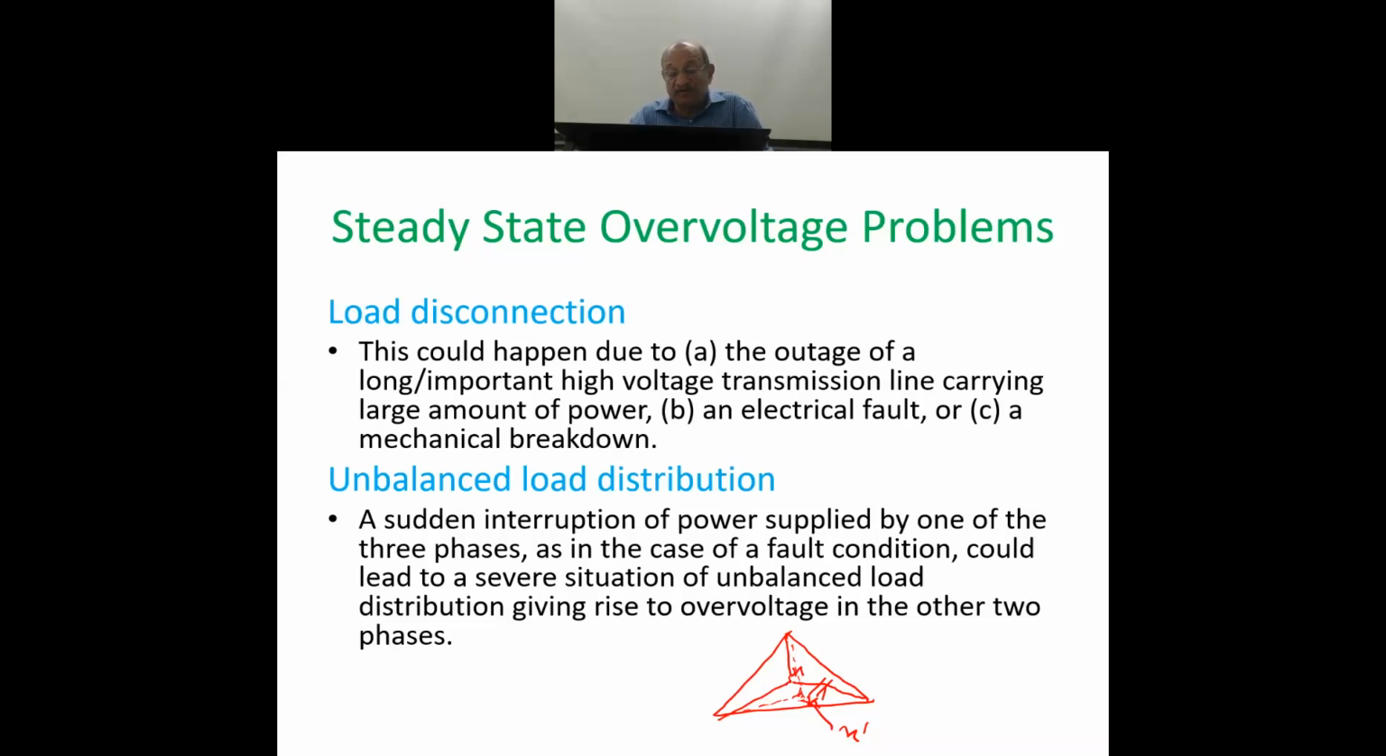So in these two phases, because of the shift of the neutral point, which is supposed to be at the center of the triangle in a balanced condition, and because of the outage of one phase, in the other two phases the voltage would enhance. So this is an unbalanced load distribution. This leads to unbalanced load distribution, and that is how the voltage in the two phases would be higher than the rated voltage. Now, the transient overvoltages in power systems